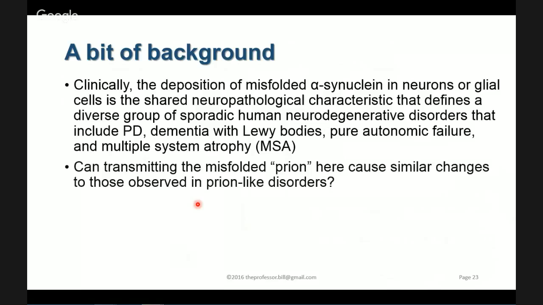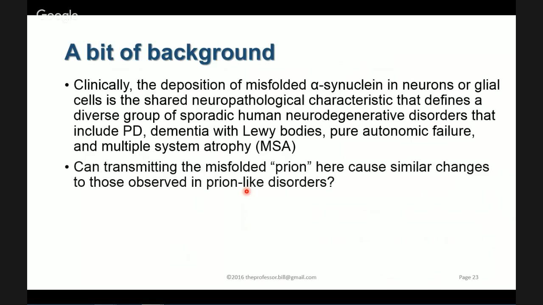Okay, so we'll talk a little bit about that. It's all kind of related. They all kind of look like Parkinson's disease. There are problems with the autonomic nervous system. There's problems with movement, etc. And we get the deposition of this alpha-synuclein. So can we take aberrantly folded alpha-synuclein and use it like a prion to generate these types of disorders? Or can we use whatever is wrong in these disorders, whatever the target protein is, alpha-synuclein, and create exactly